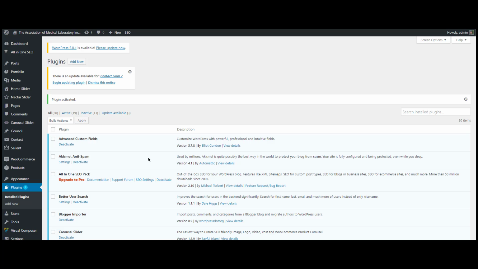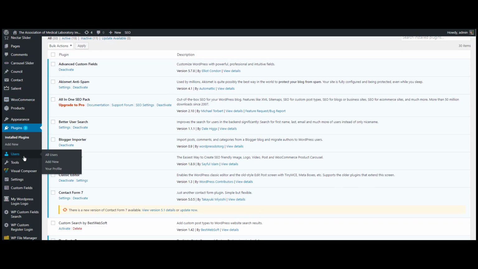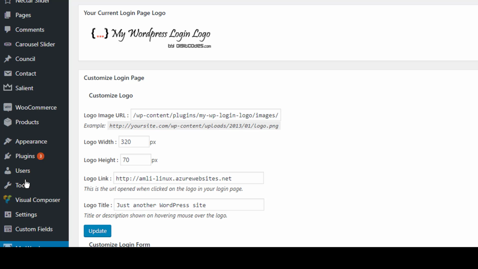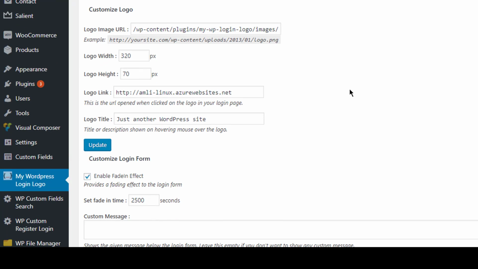Now that it's activated, on the left-hand side you'll find the settings for this plugin. You click on that. Now we're here. You have your logo URL and the link, which is to your website. And all you're going to do is swap out this image with your